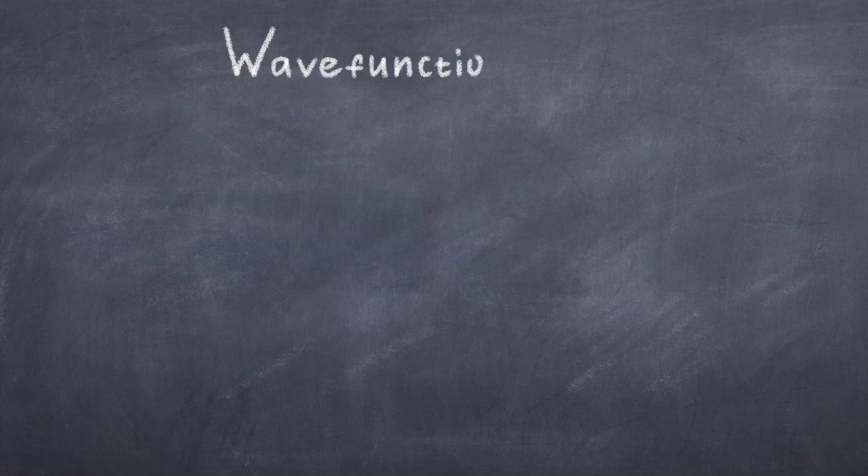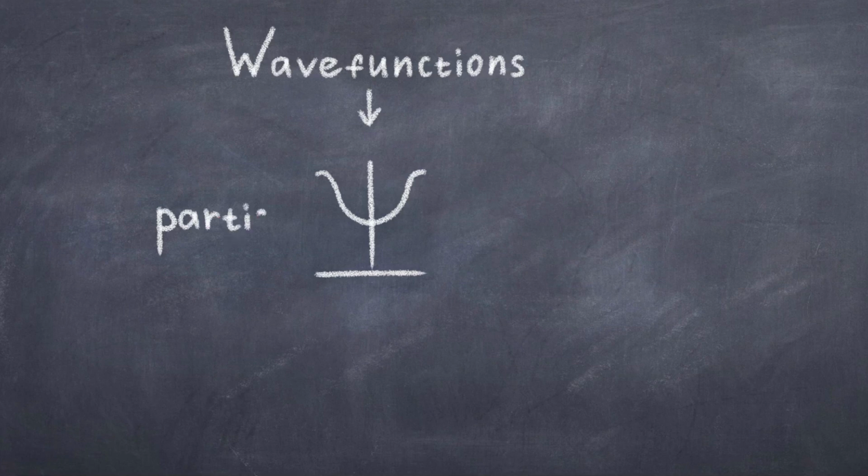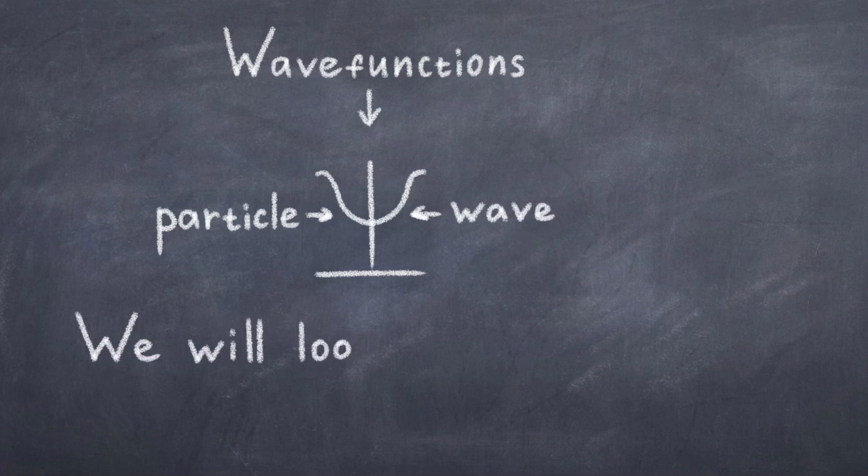In this video, we will go back to a core concept in quantum mechanics, namely the wave function. We have discussed this in other videos, but now it is time to look at it in a bit more detail. In the introduction to quantum mechanics, we got introduced to the concept of what a wave function is. In short, it is a function which describes a quantum object like an electron, while encompassing the wave particle nature of it. In this video, we will look at some of the most important wave functions of quantum mechanics.